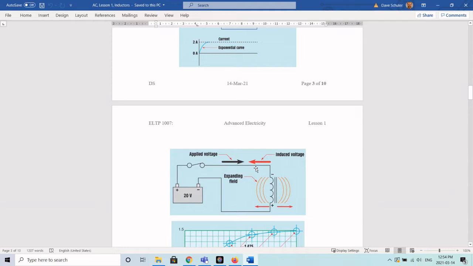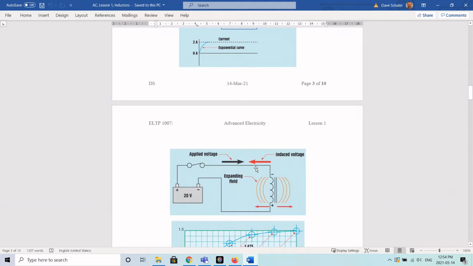And there's a notion here of rate of change that we have to consider. Initially the expanding field is expanding very quickly and we get a great deal of induced voltage. But then over time, as the rate of change slows, the induced voltage slows